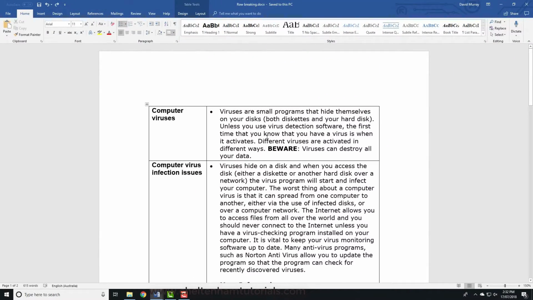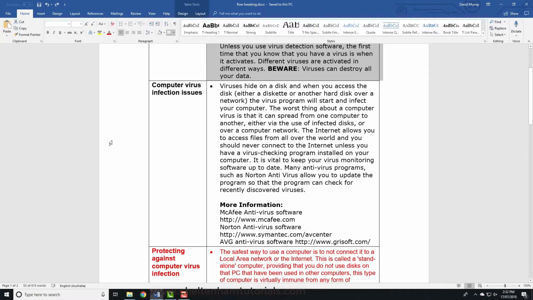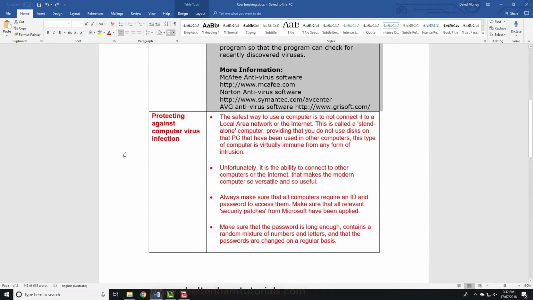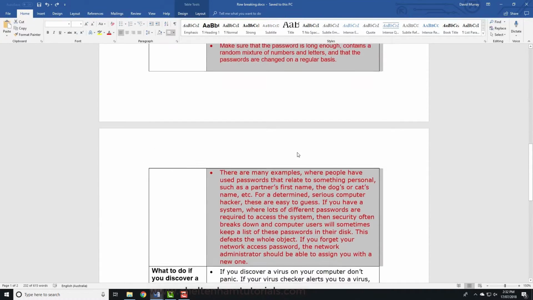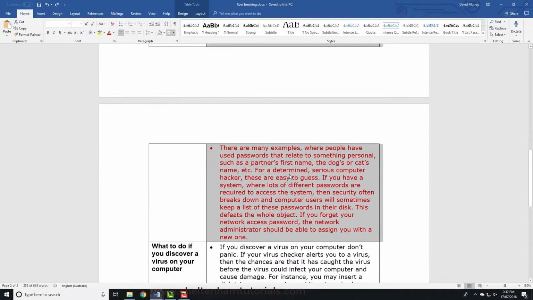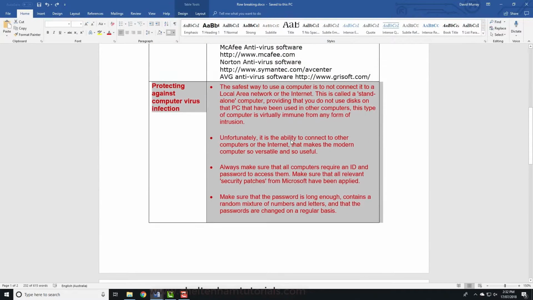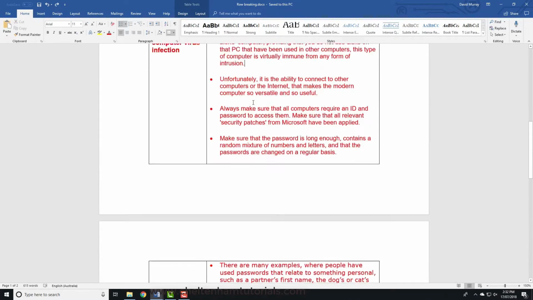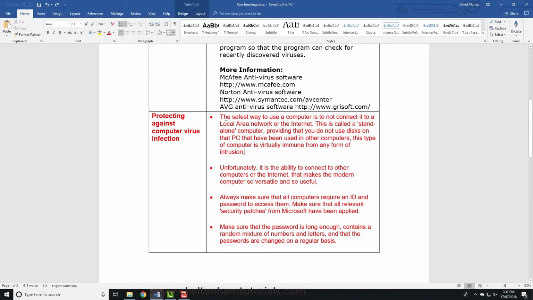Now another useful thing with tables is, in this case you can see I've got a row here. It's a fairly small row. I've got another row here, and this row here marked in red actually spans or breaks over the page break. So what I can do is, if I want to force this table to break just before this row